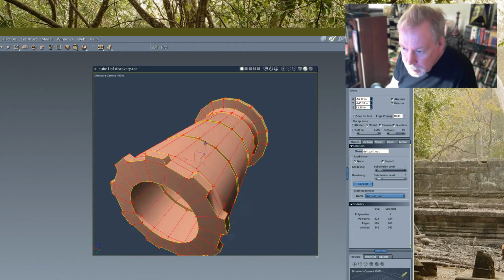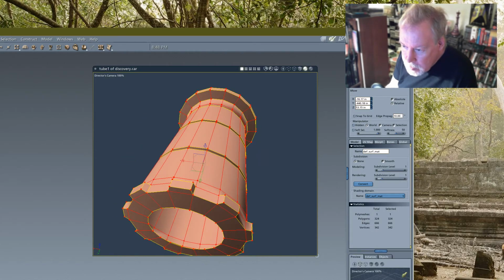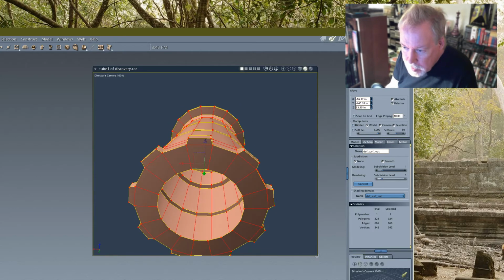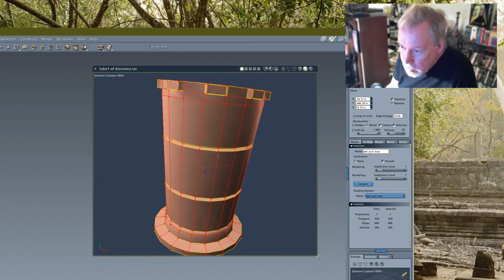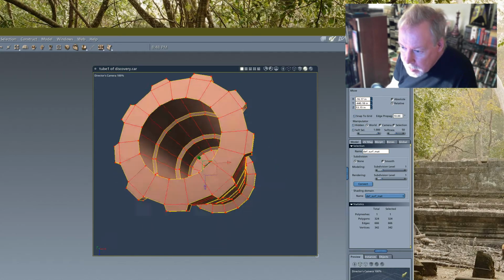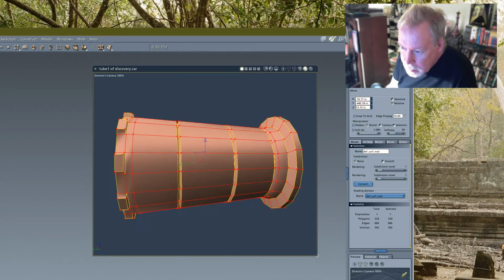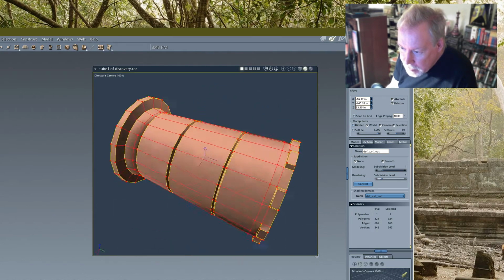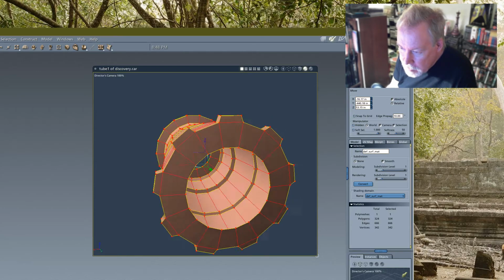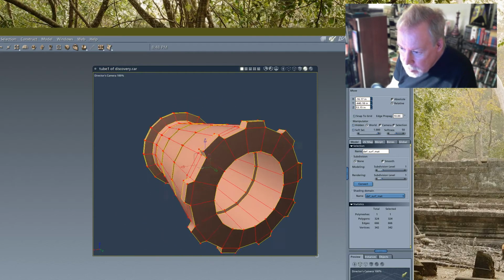No. So I still see this was modeled by eyeball, so there's no scientific spacing going on here. These lines here are spaced just from me spacing them myself. I know it's crazy, but I'm faster at modeling by hand than using some built-in primitive thing. I end up having to remodel the thing anyway because primitives have triangles in them, and I don't want triangles in my models.